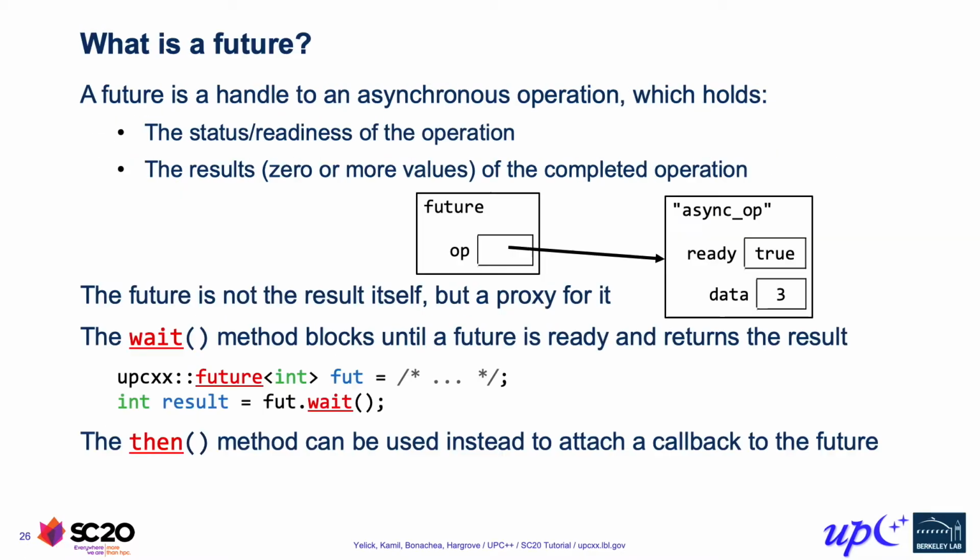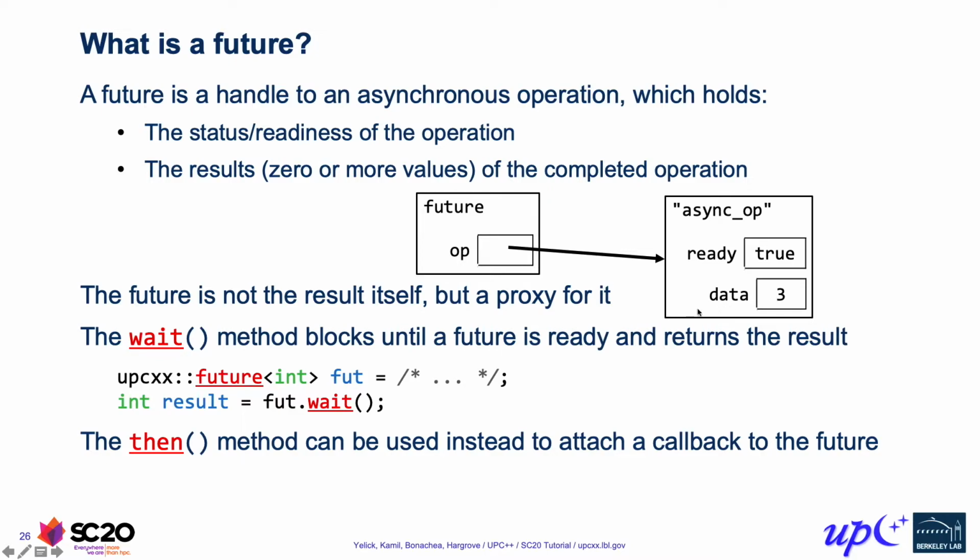We can go ahead and call wait on it to make sure that the operation is completed before moving forward. A little bit more on a future. In general, it represents the readiness of some operation as well as some resulting values. Again, this can be 0 or more, as we saw in the previous case when it was 0. A future essentially contains a reference to some data structure representing the asynchronous operation, and that data structure tracks two things: whether or not the operation is completed, and we see that with this ready bit over here, and also whatever data values the operation produces.